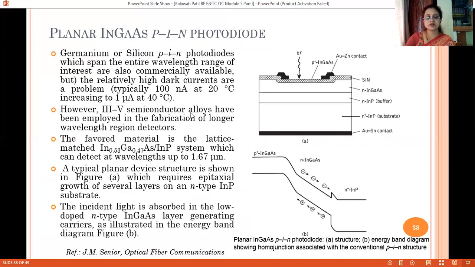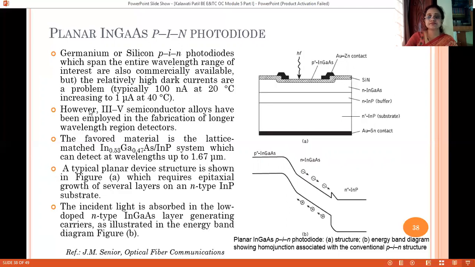Students, it has been observed that PIN photodiodes made up of a single material, that is germanium or silicon, have a small operating wavelength compared to this particular photodiode. Another problem is that the dark current is quite high. It is 100 nanoamperes at this particular temperature, which may increase up to 1 microampere, which is quite comparable to the photocurrent.